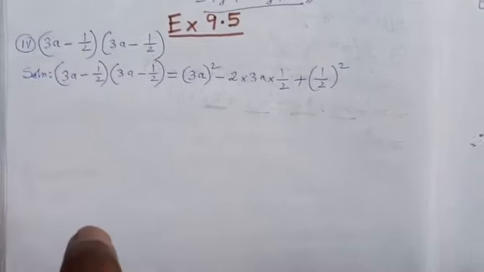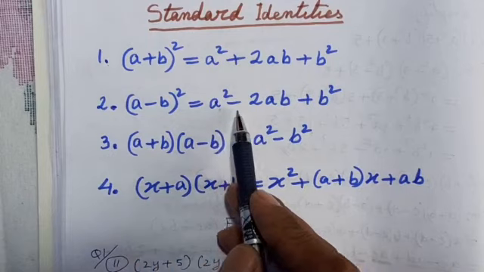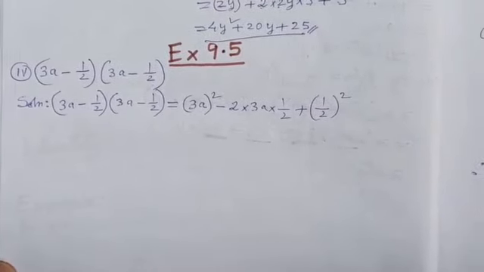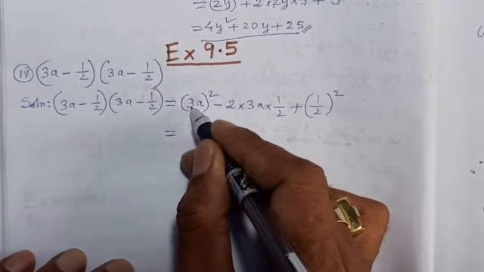So we are using identity number 2, this (a - b)² is equal to a² - 2ab + b². Now we are getting this. Next steps: 3 square